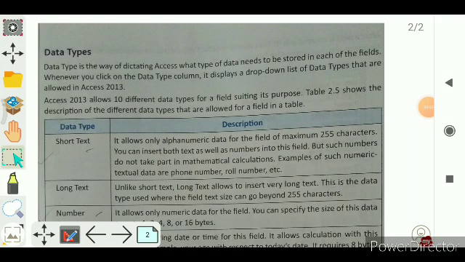Hello students, in this video we will discuss data types which are used in MS Access. First of all, before understanding everything, we should know what data types are. We can understand the concept of data types by understanding that it is very necessary to tell the computer before giving some input or before storing the data